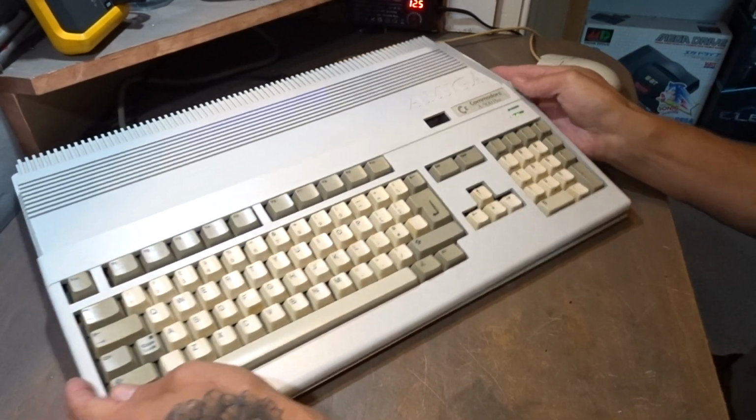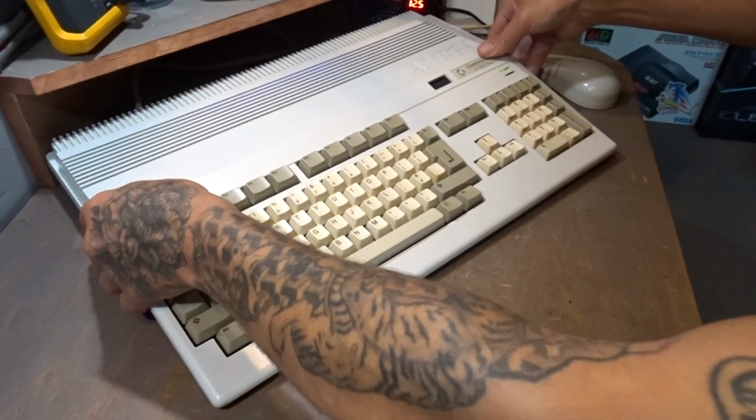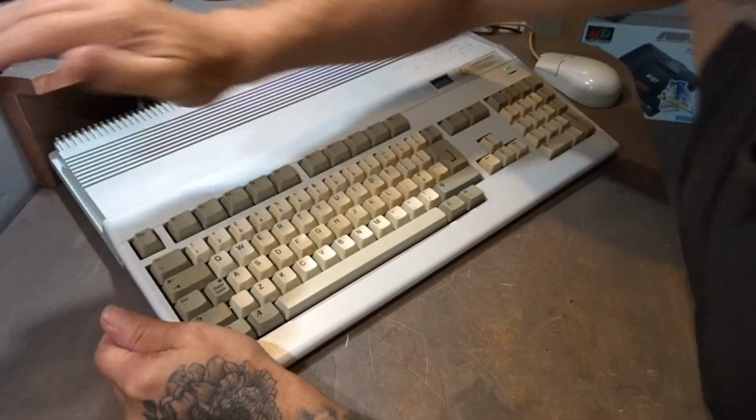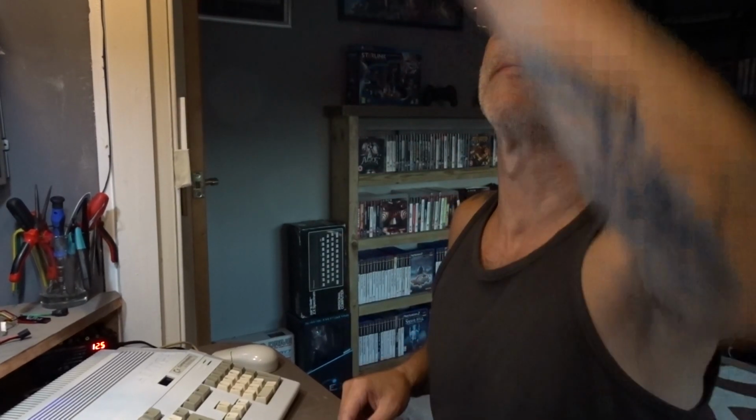So what I will be doing, eventually, is, where is it? Ah, there it is. So on the Golden 64, which I'm kind of missing. Never mind. On the Golden 64, I was going to put HDMI,